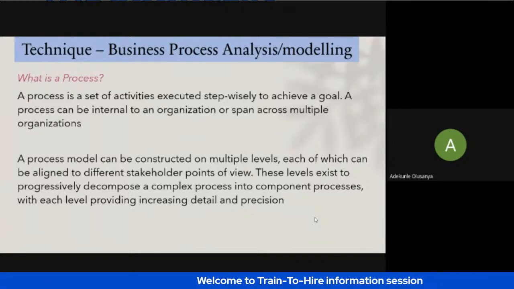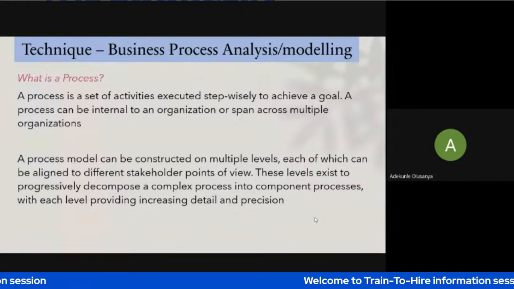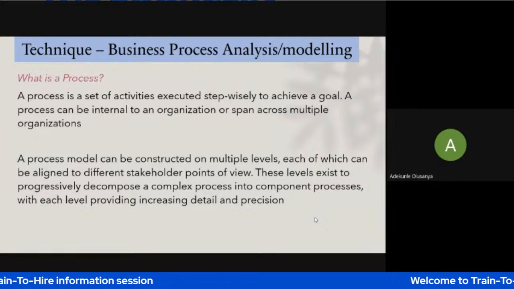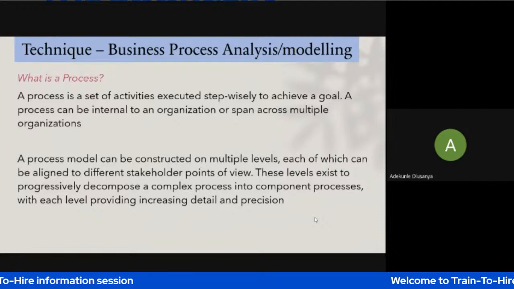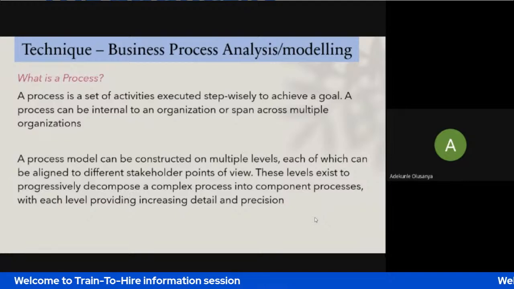points of view. Let me give you an example of a process that is external to an organization and spans across multiple organizations. Let's say you're a bank. Banks in Nigeria are regulated by the CBN. There are certain processes that are internal to a bank, like the example I gave earlier where you want to apply for a loan. That is almost totally internal to a bank. But when you talk about getting forex from the CBN, I don't know if anybody here has worked in banking, there are lots of processes that cut across the local bank and the regulating bodies.